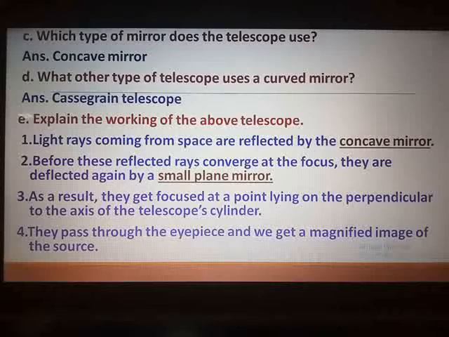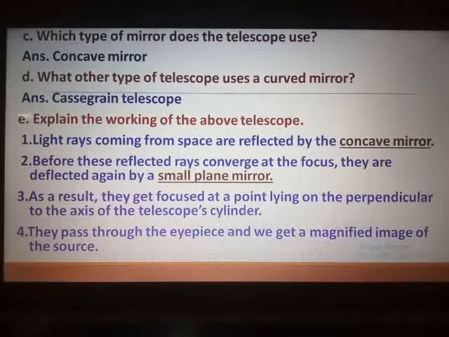You can say logical based question. You have to visualize all the topics which you have studied in the chapter and then you have to come at a certain result. So looking at the figure, you have to recollect all the telescopes and then looking at the mirrors and all, you have to find out which telescope it is and then answer the different questions.